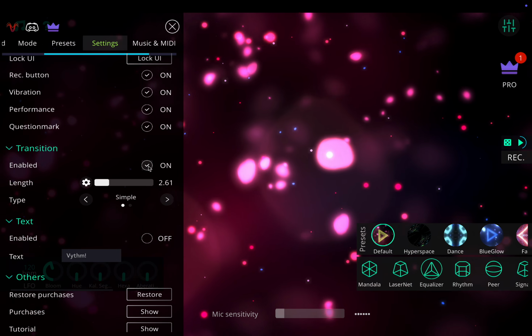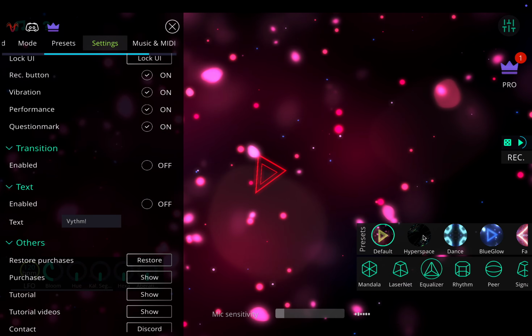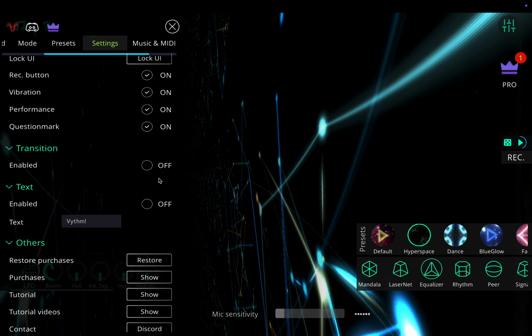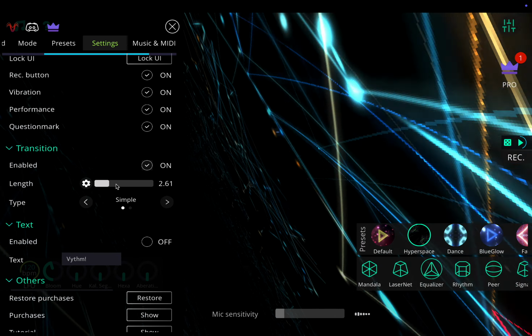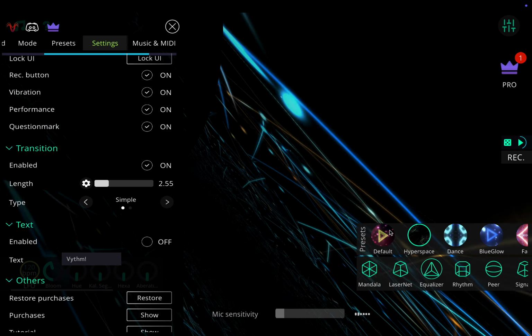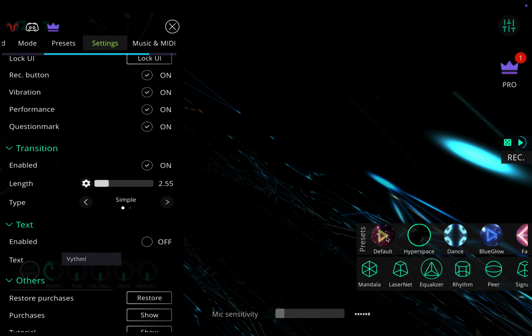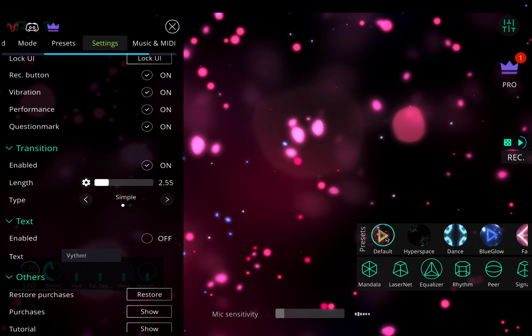You can see the difference when I'm changing from one preset to the other one. It's just changing. When I enable the transition, and I'm putting the length to 2.5 seconds, it's fading between those two presets. When I'm clicking on a new one, you can see that it's slowly fading out the old image and fading